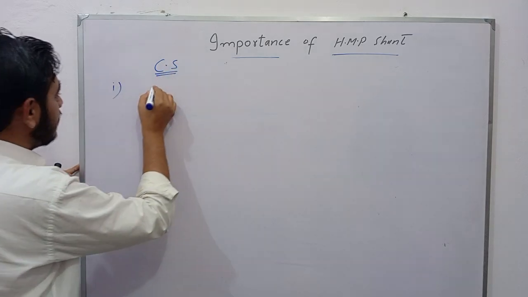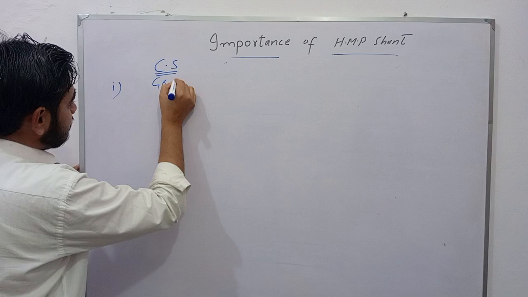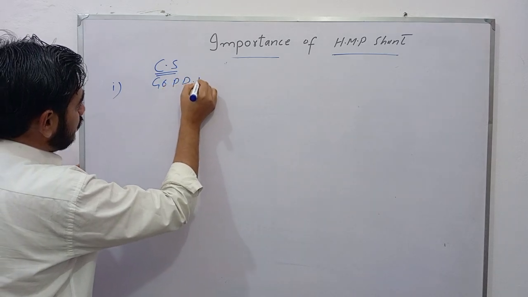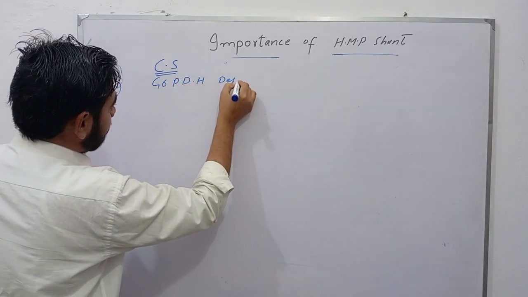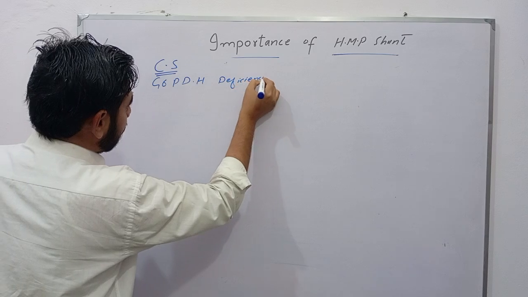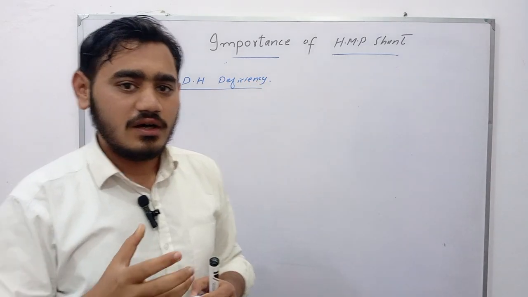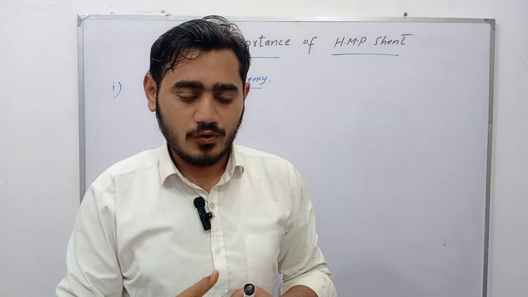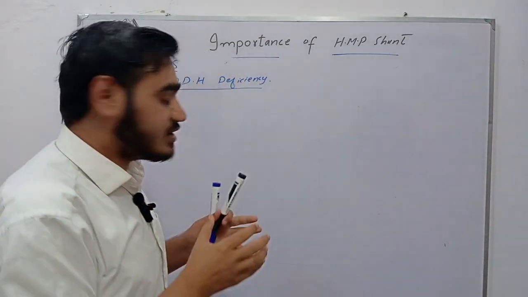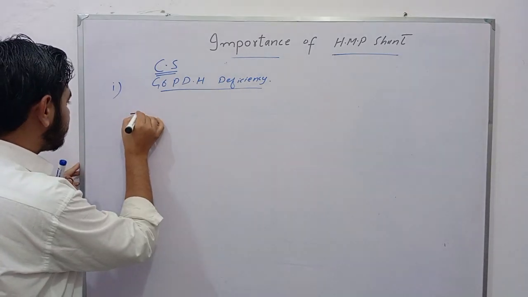The first one is glucose 6 phosphate dehydrogenase deficiency. Friends, it is asymptomatic, but when oxidant drugs are given,